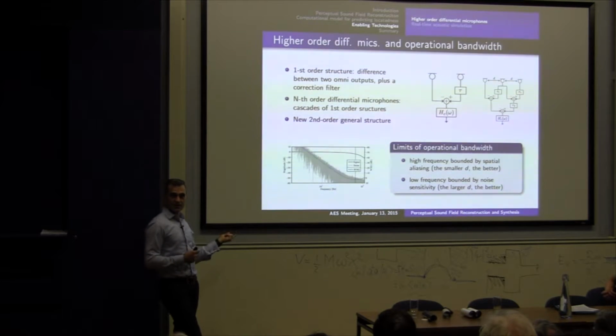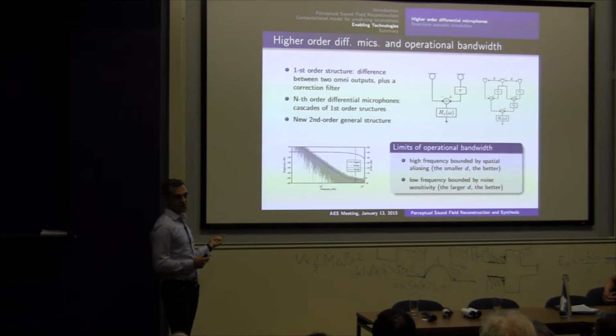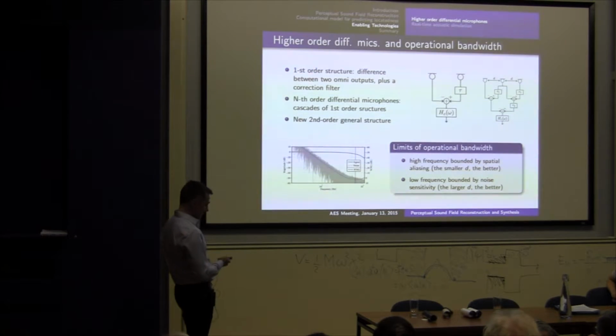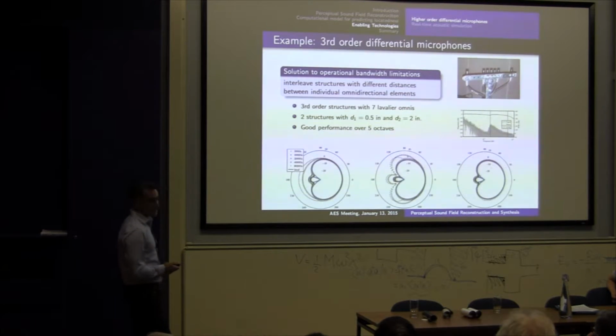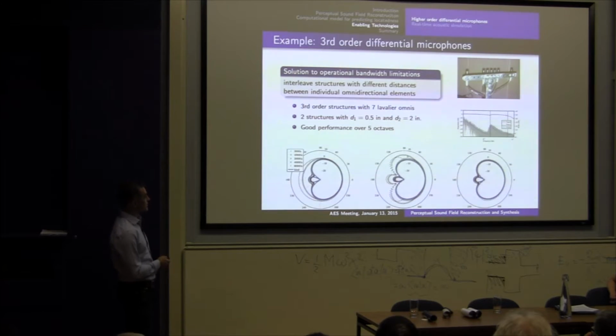In the time intensity stereophony scheme that we use, the results presented were with second order microphones, and that was only with 5 channels. If we want to have more channels, we would need something which is going to be more selective. And then we proposed a novel scheme for designing differential microphones, and it turns out we actually managed to design something with very good characteristics over 5 octaves, using third order polar patterns, using only 7 omnidirectional microphones.